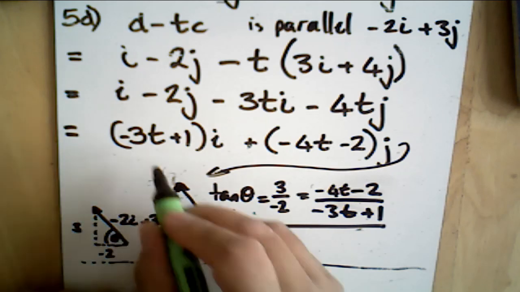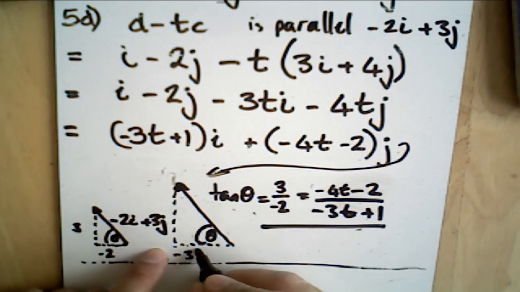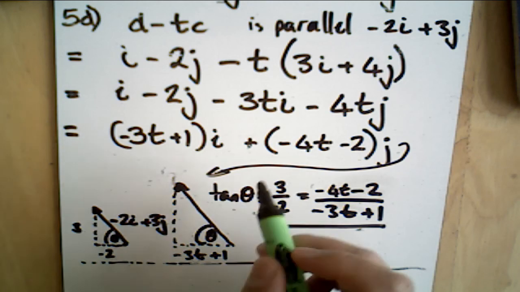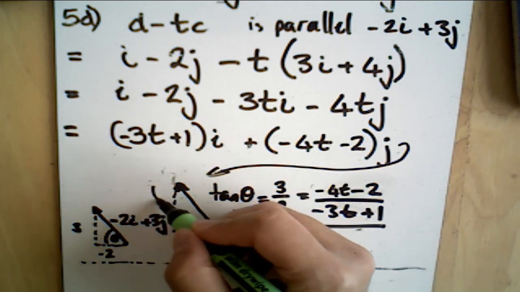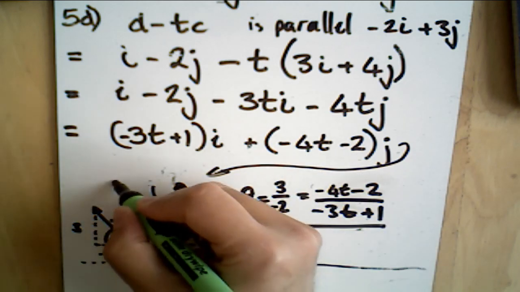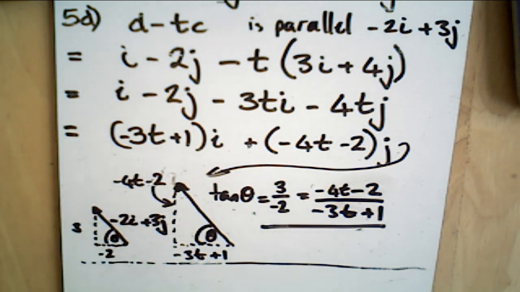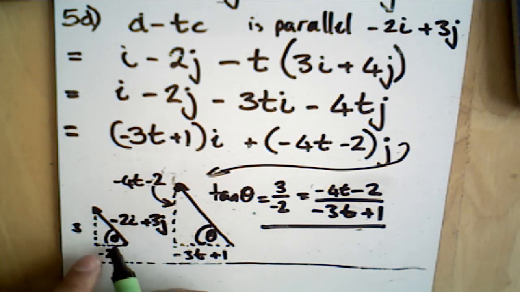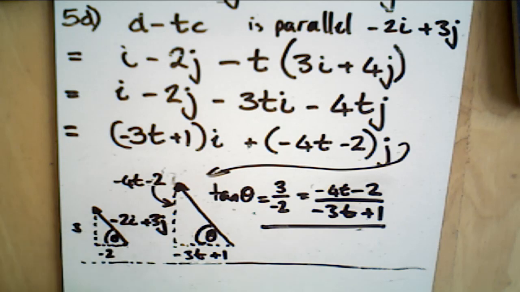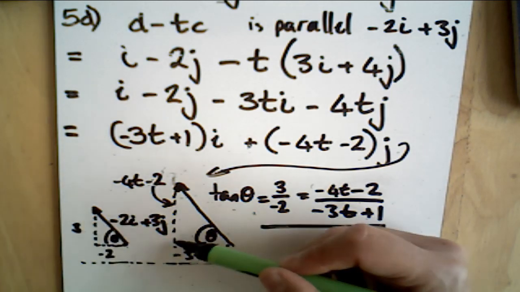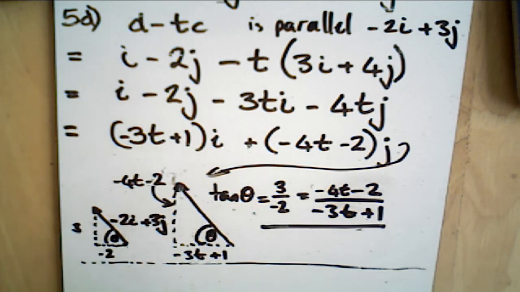This part was my i bit, the negative 3t plus the 1, and this bit was my j bit, which would be this bit here, my negative 4t minus the 2. The reason you can't equate the i and the j vectors in this case is that this length here is not the same as this length here. So that's why we can't say that this negative 2i is equal to this bit here and try and solve it, and it's why we can't say that this bit is equal to this bit here and try and solve it. In fact, if you did,